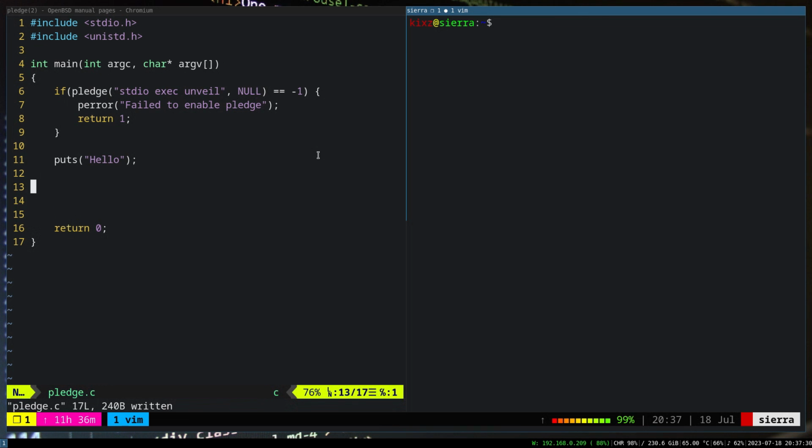So we want to combine both pledge and unveil together. When it comes to unveil, we need to ask for a promise on the pledge side, and then call the unveil function. It will be similar to pledge. For unveil, first we need to pass the path. What I'm planning to do is to create a test file under my home directory and write something to it. So this is my home directory, and I call it